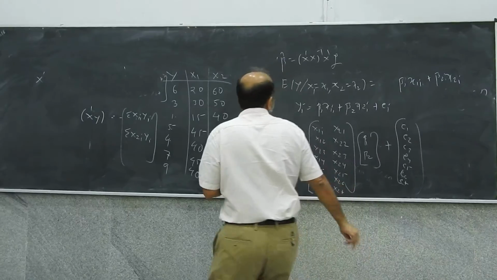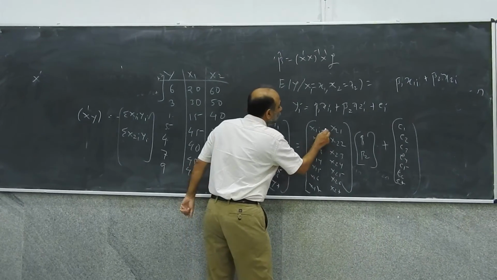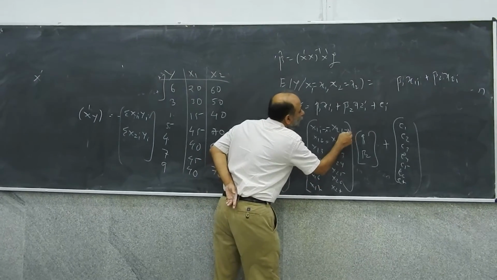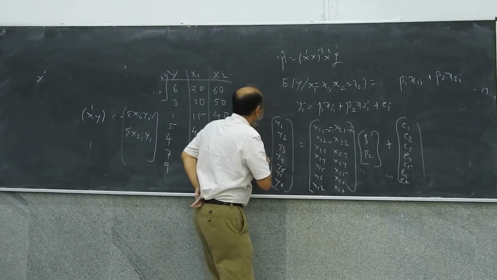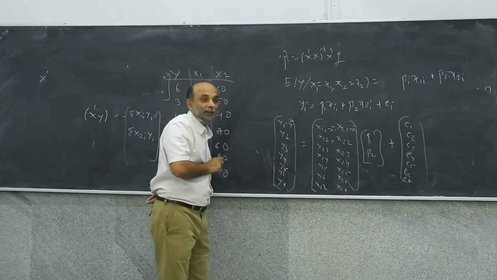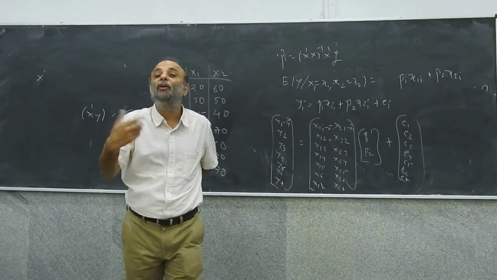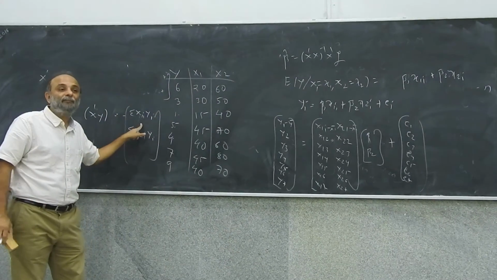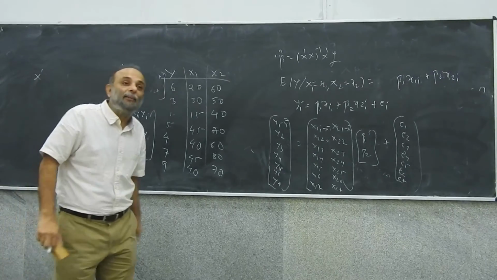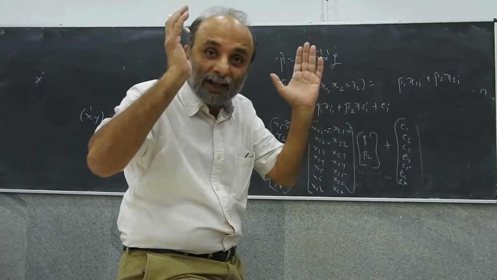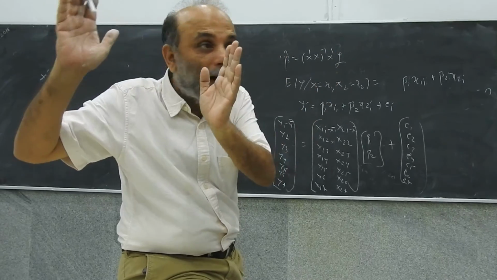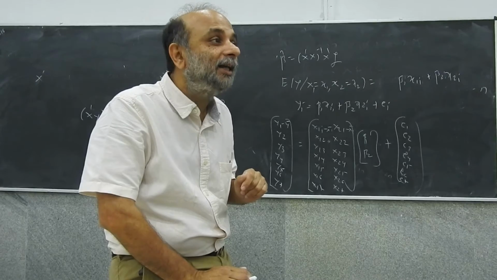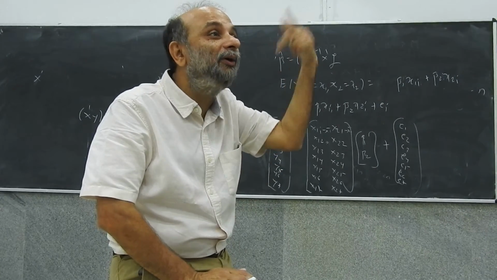Suppose instead of writing this, I had subtracted the mean x1 bar from all these, the mean x2 bar from all these, and the mean of y from all these. So these were all subtracted from the mean, right? How would these numbers have changed then? It would be summation x1i minus x1 bar into yi minus y bar. Is that familiar? Yes, that's the numerator of the covariance between x and y.